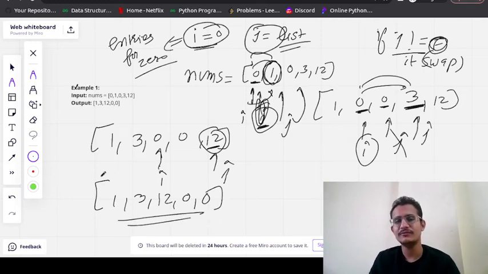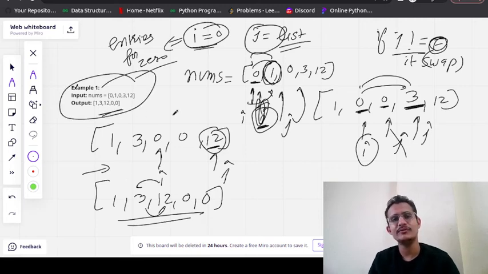So what we have done is, we have traversed the list only once and done the swapping, which is done in a constant amount of time. So this is the second approach. In this we don't have to shift elements each time. We can just check if j is non-zero, and do the swapping.